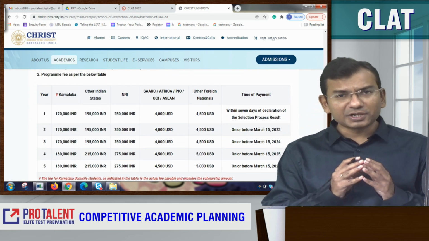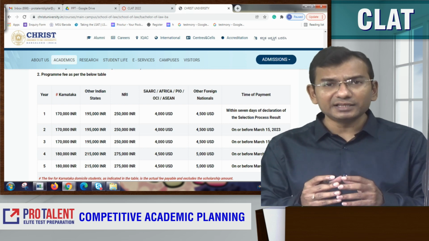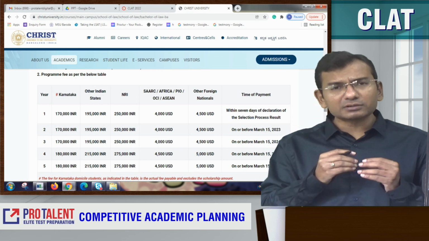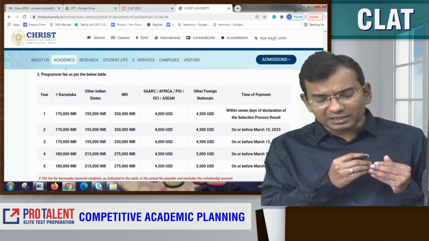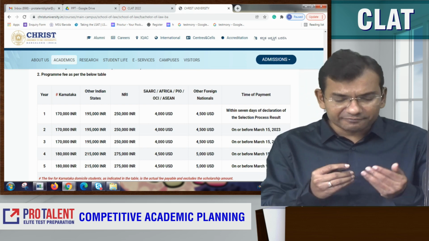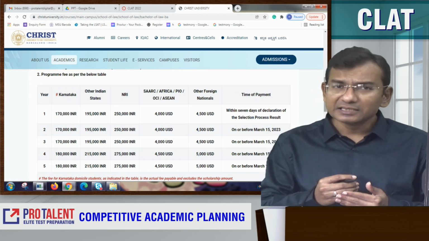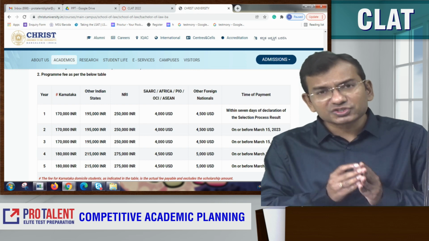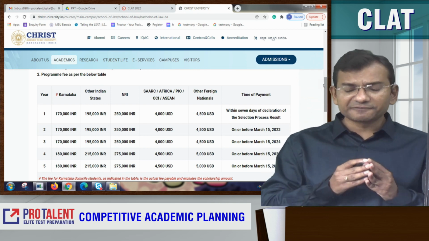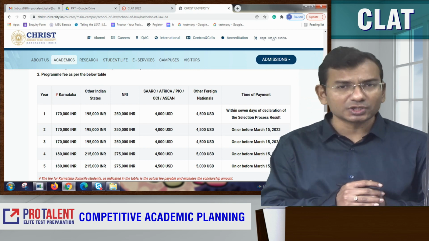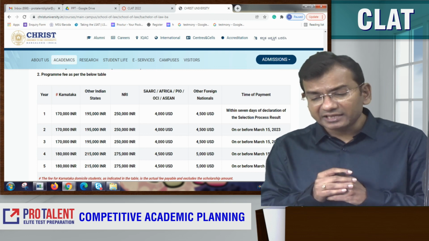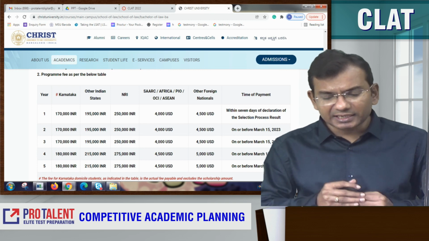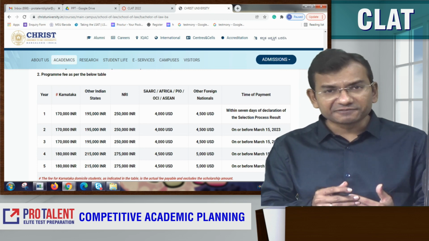Based on your category you should know what fees you have to pay. If you are from Karnataka, your per annum fees for the initial 3 years is approximately 1,70,000 rupees. If you are coming from outside Karnataka, the fees is 1,95,000 rupees. If you are applying for NRI or NRI sponsored category, it is 2,50,000 rupees.